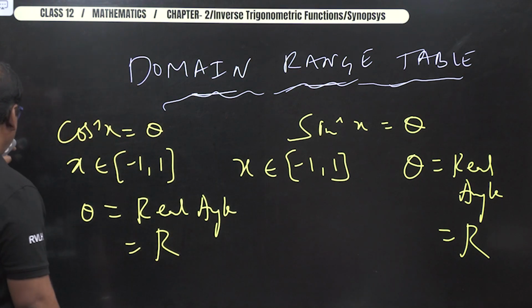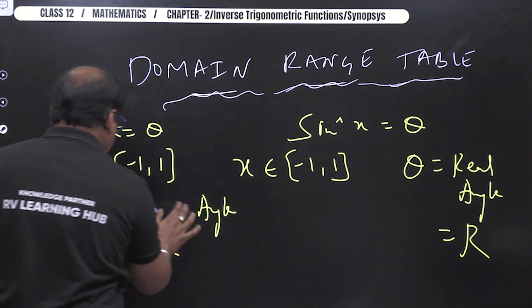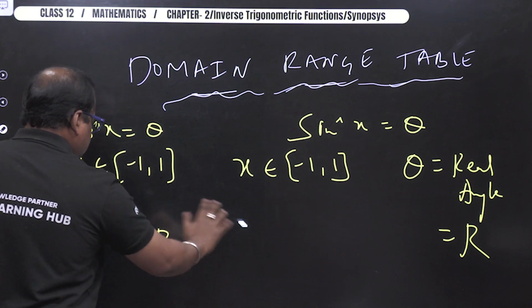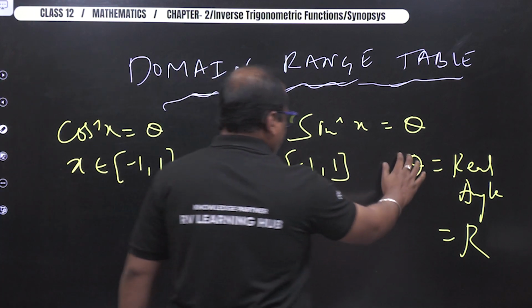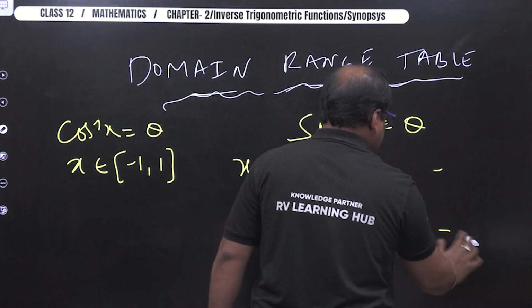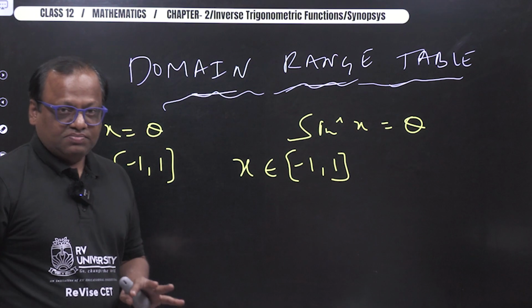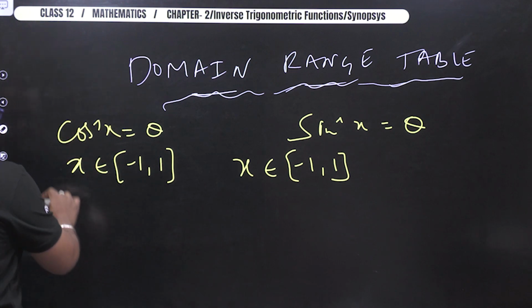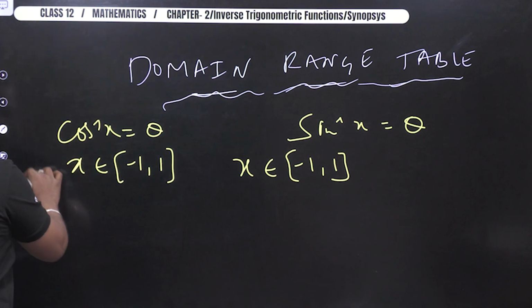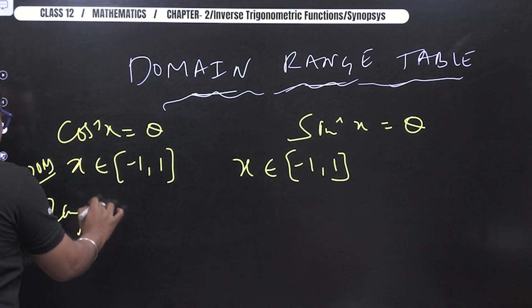Here, the range value. Let me be very specific here. Okay, I forgot to tell you. Listen to this carefully. So this is the domain. Now we'll talk about the range. Please understand this carefully. I was in the trigonometry mode. So this is the domain. What is the range? Range will be,